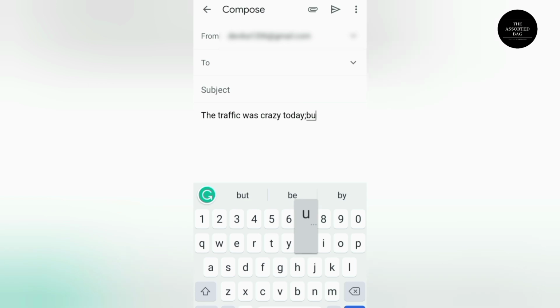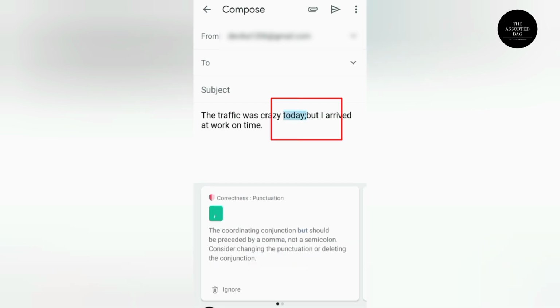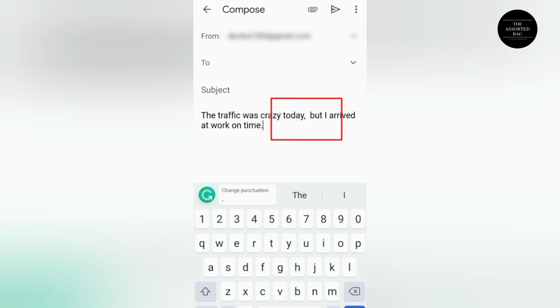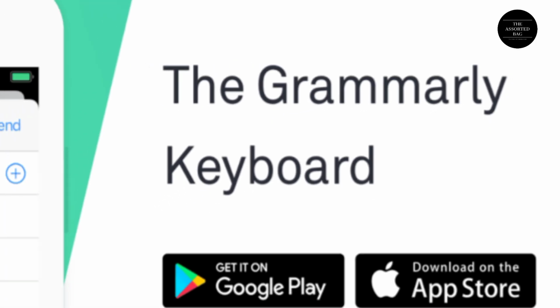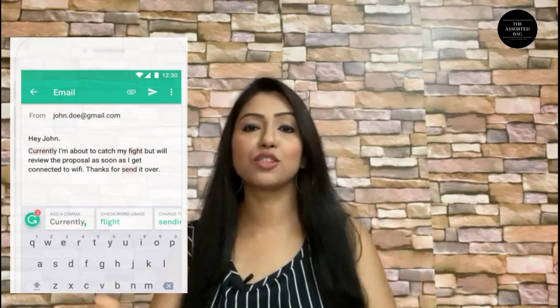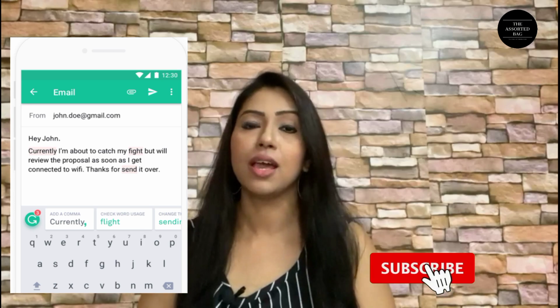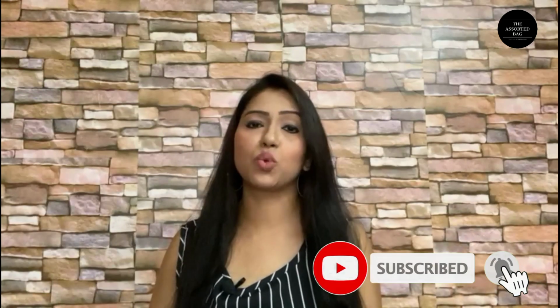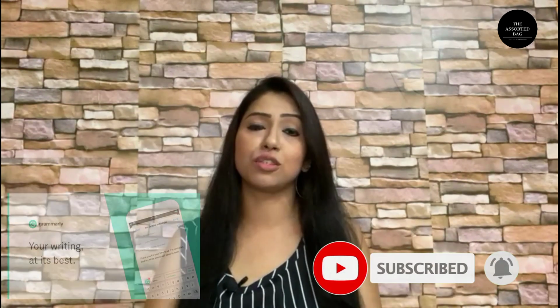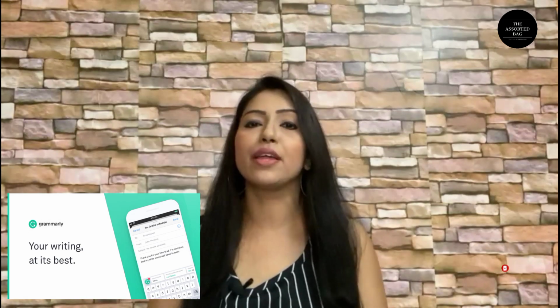So here we are seeing how Grammarly identifies punctuation errors. You see the semicolon has been incorrectly inserted, and also there is no space before but. So Grammarly has identified and corrected this error. So now you know how effective the Grammarly keyboard app is. It corrected the errors that are inserted in those sentences to perfection. Okay, it identified the punctuation errors, the spelling errors, it also suggested synonyms. So it's a one-in-all app, and you must have it on your phone.